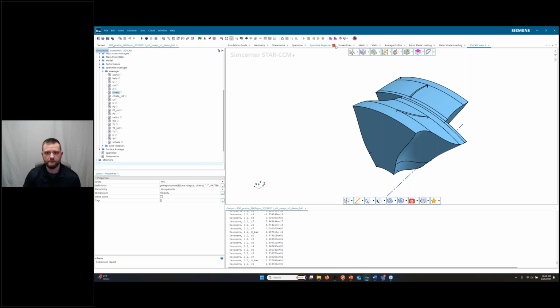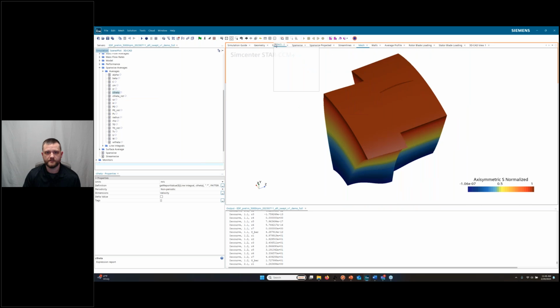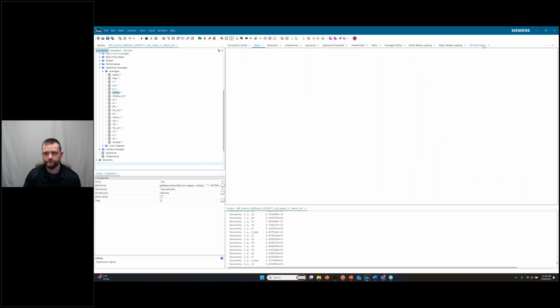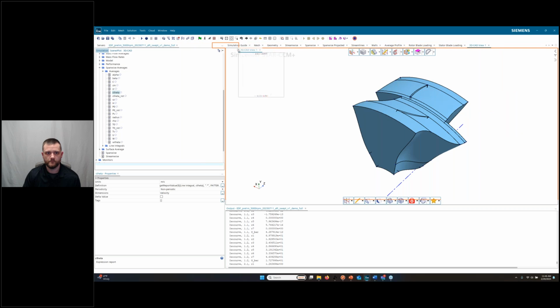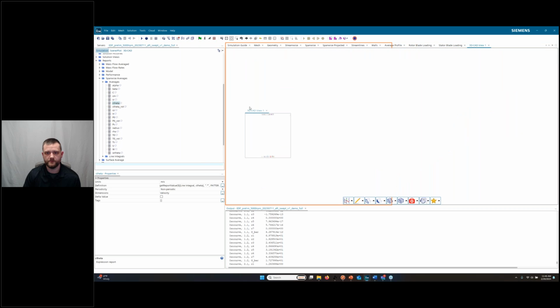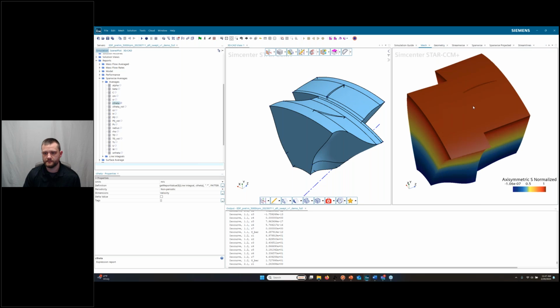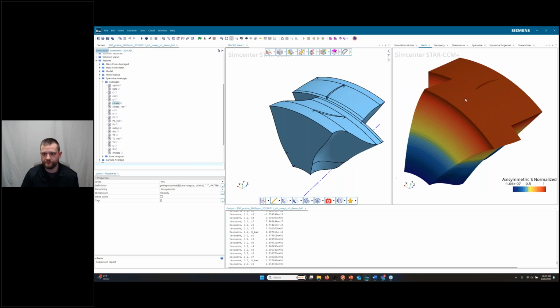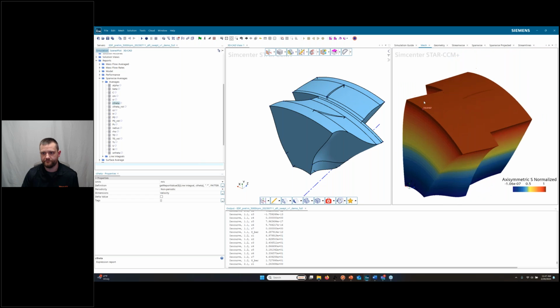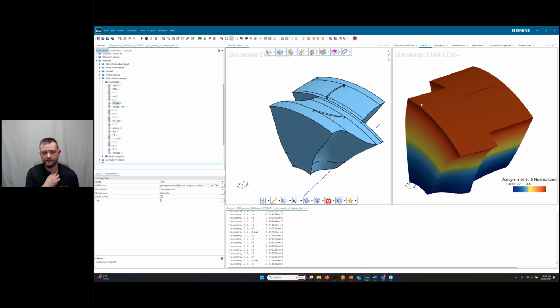And if I bring my actual meshed geometry right next to it, and show my mesh here, one of the things that Star does that's very powerful and nice for meshing is that we can see the final mesh geometry is actually slightly different than what we input.